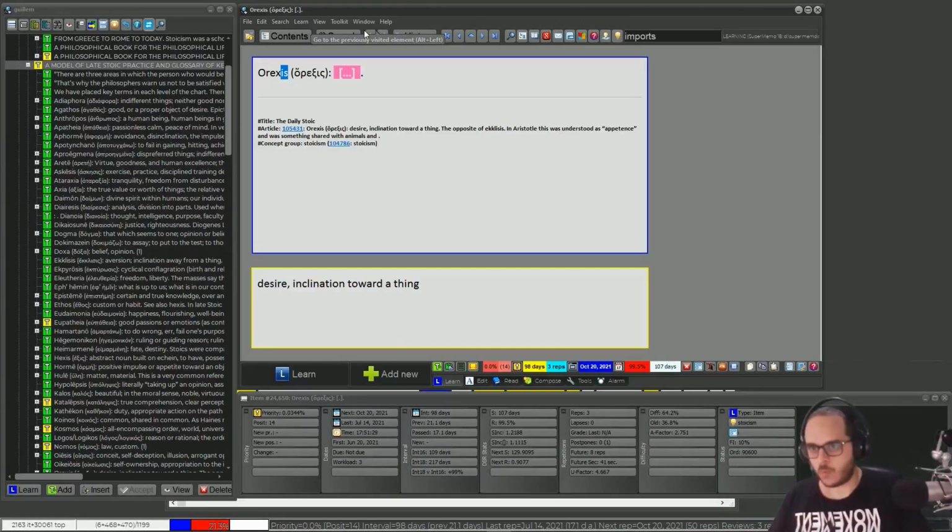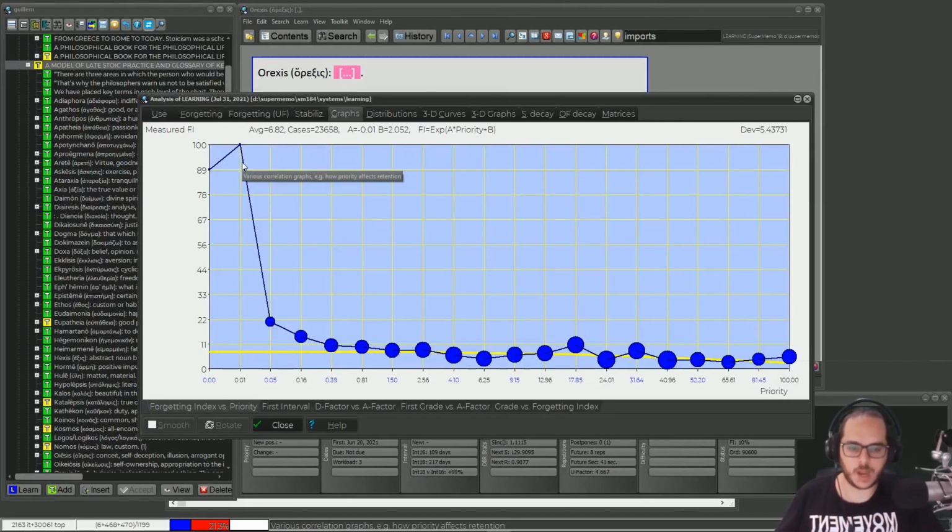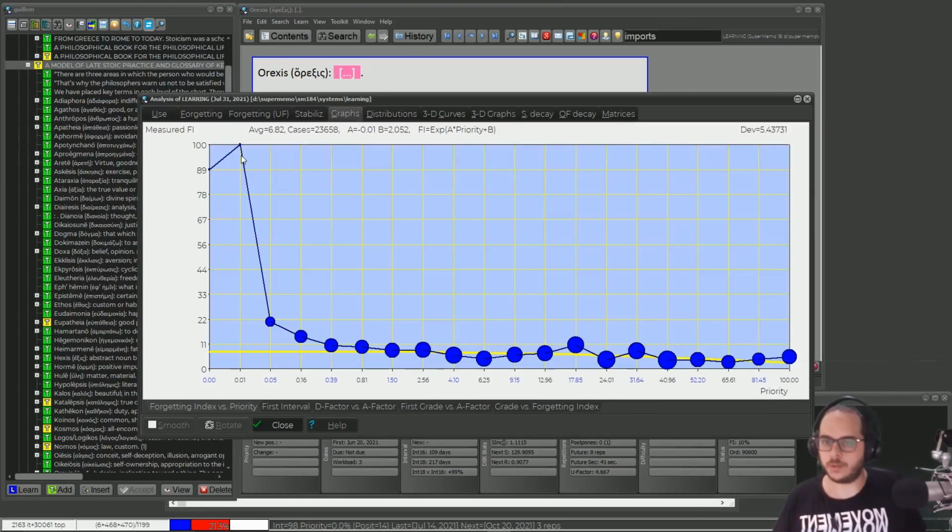So long story short, what I recommend is to look at this data from time to time. You don't need to check this every day, but sometimes think, oh, wait a minute, why is this happening? And look into that. Now I have that reasoning, and I can solve this problem, or maybe change how I do it. I won't do more cards of this vocabulary, and I will wait for the ones I have memorized and stop failing them, because I'm just adding more fuel to the fire. It will always get worse and worse and worse.